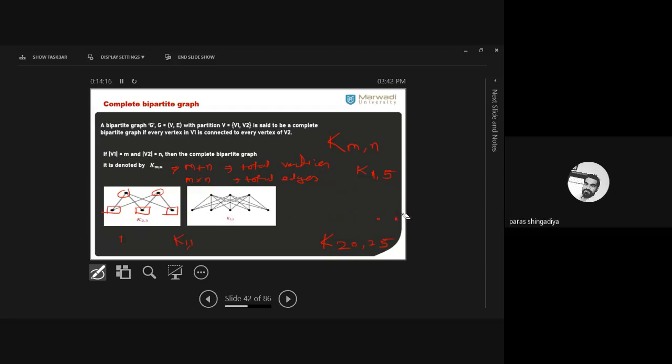Let us draw the graph of K33. So K33 is also very easy. 3 vertices on one side and 3 vertices on the opposite side. Then just connect the first vertex to the opposite 3 vertices. Same condition for the second vertex, and the third vertex connects to the opposite 3 vertices. That is the graph of K33. Clear? So we can create any complete bipartite graph, with any number of vertices and any number of edges.